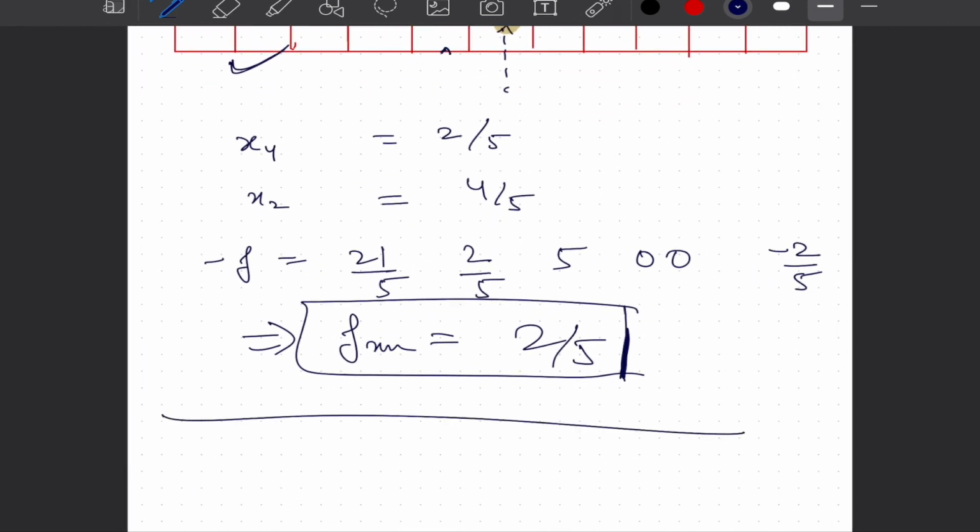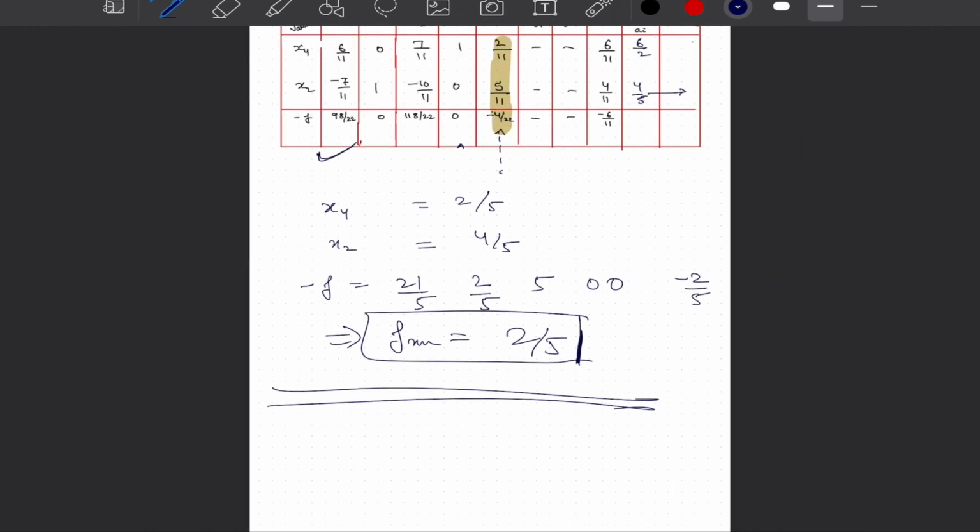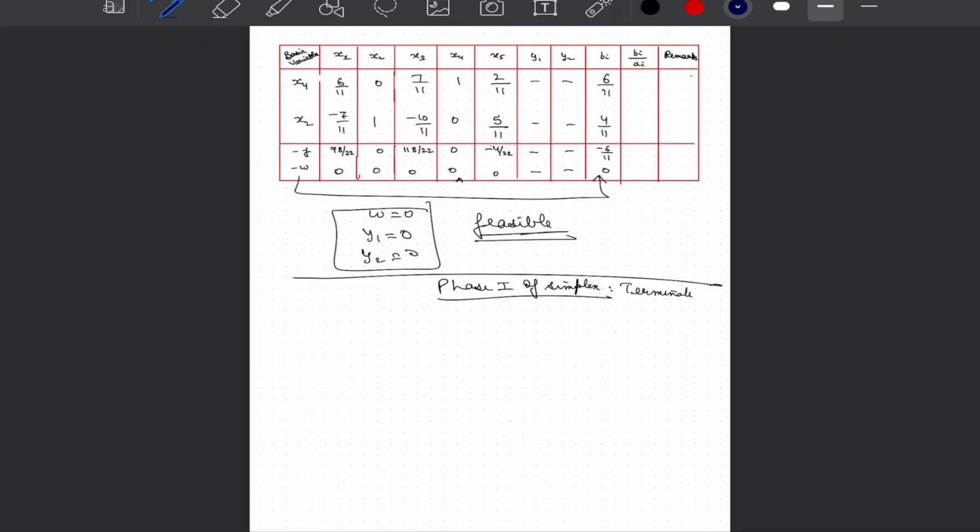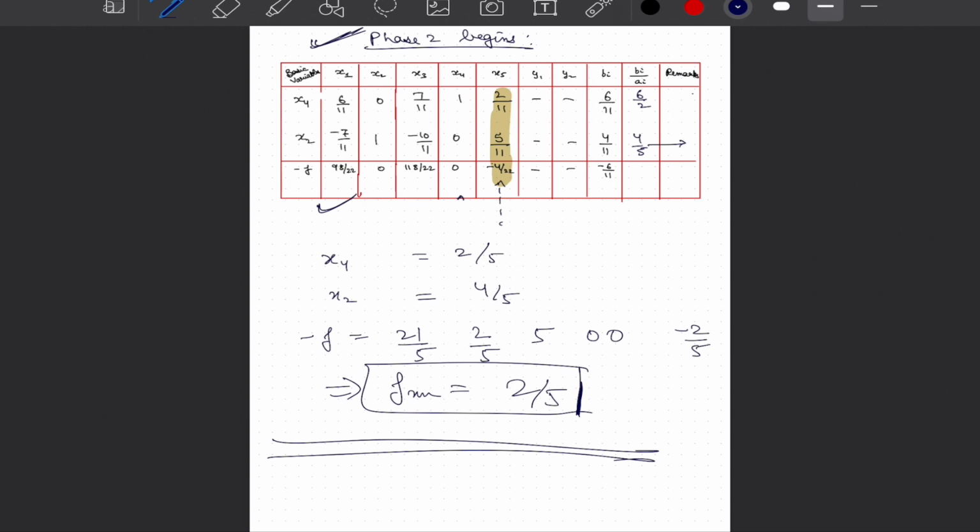So with this, we mark the end of our discussion on the topic of two phases of the simplex method, and be it greater than or equal to constraints or be it equality constraints, you will apply the same kind of method to reduce your systems into canonical form, and first of all get rid of the artificial variables you have introduced. Once you have gotten rid of the artificial variables, we will proceed with the simplex method as usual. Thank you.